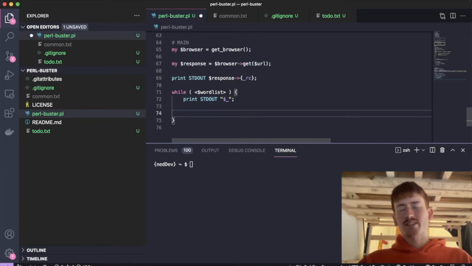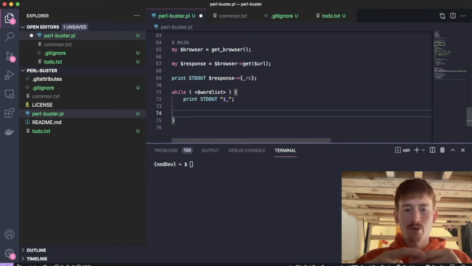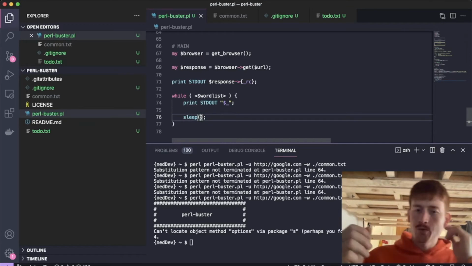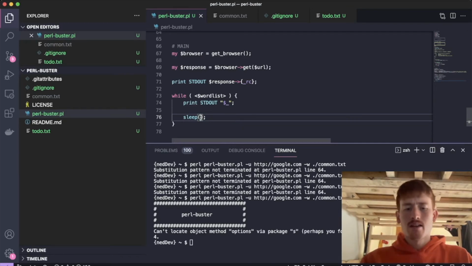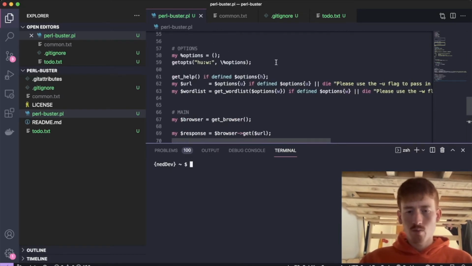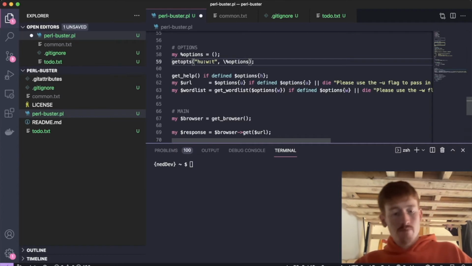Well, let's, because I don't want to make anything too noisy to start with, I think we're going to have to think ahead a little bit and put in just a simple sleep function. It's probably not the smartest way of doing this. And then in that sleep function, we can pass in a command line argument. So what we can do is come up here and say t for time,